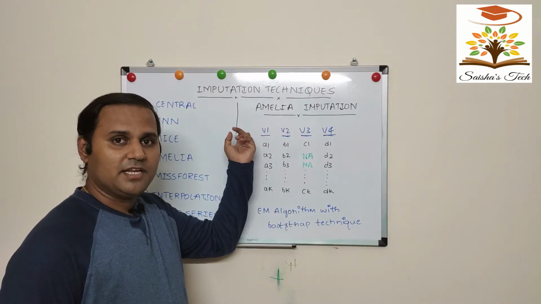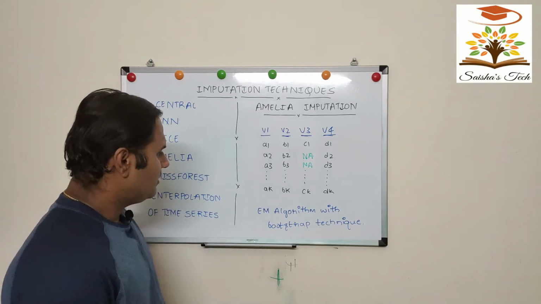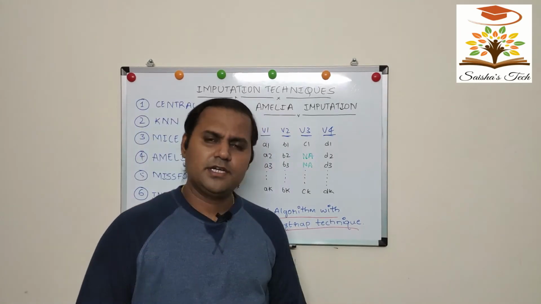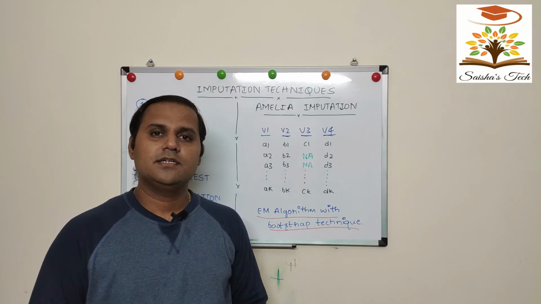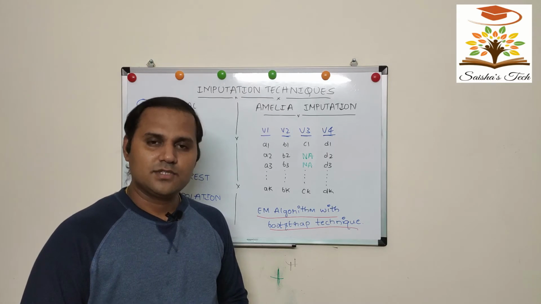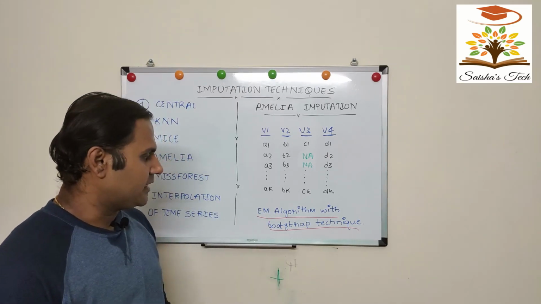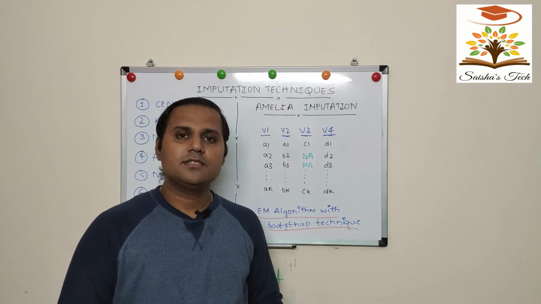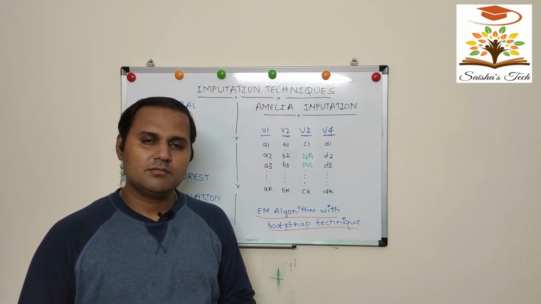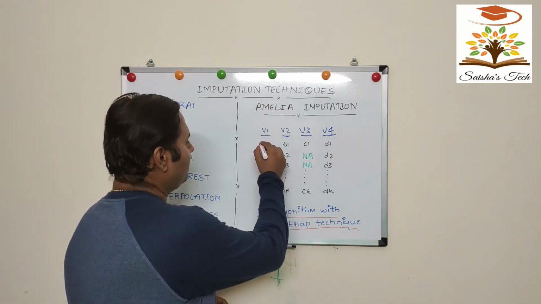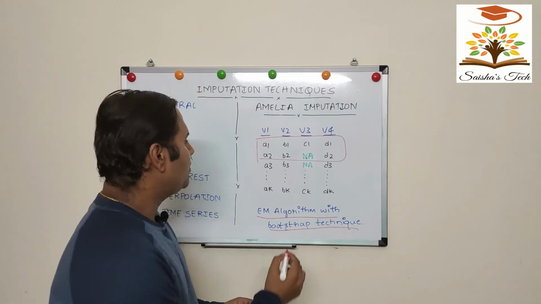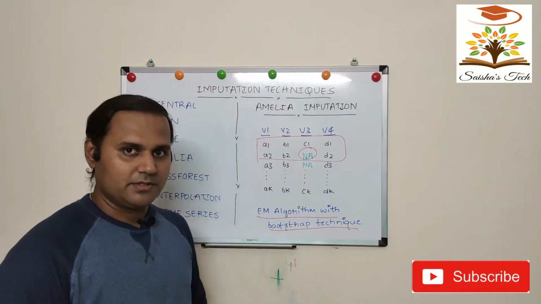The next imputation technique is Amelia imputation. Amelia imputation uses EM algorithm with bootstrap technique. Now, EM algorithm internally uses likelihood function to calculate the mean and the variance of the variables. We will study the likelihood function in future classes. Bootstrapping technique is a technique where you replace the observations which you have subset. Now, Amelia uses the EM algorithm and subsets first set of observations, and using the linear regression it imputes the values of the first set of the observations.